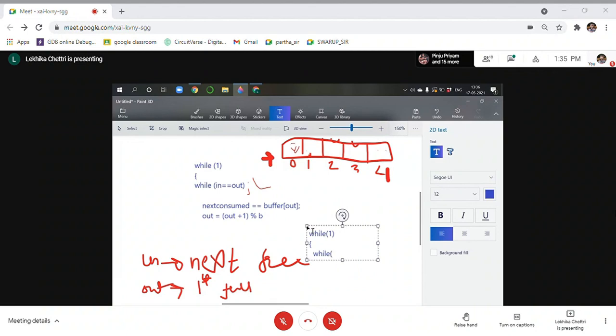So I check if my in plus one modulo, again restricting it to the maximum value, here I'm going to write buffer. If I write b you will get confused, so I write buffer so that it will be easier for you to correlate. So buffer, if it's equal to the value out.